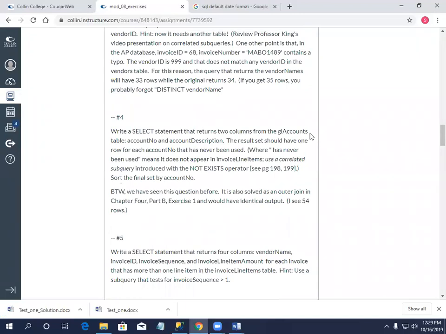Select statement, 2 columns from the GL accounts, general ledger accounts table. Account number, account description should have 1 row for each account that has never been used. This is essentially an outer join that I want written as a subquery. All of these are written as subqueries. So when you were writing outer joins and people wanted to write them as subqueries, now you'll probably want to write subqueries as outer joins. But this one is an outer join, and most of the time, it's meant for an outer join. It is a